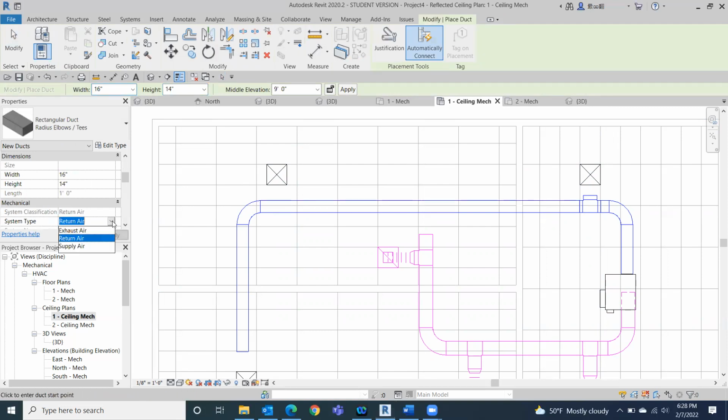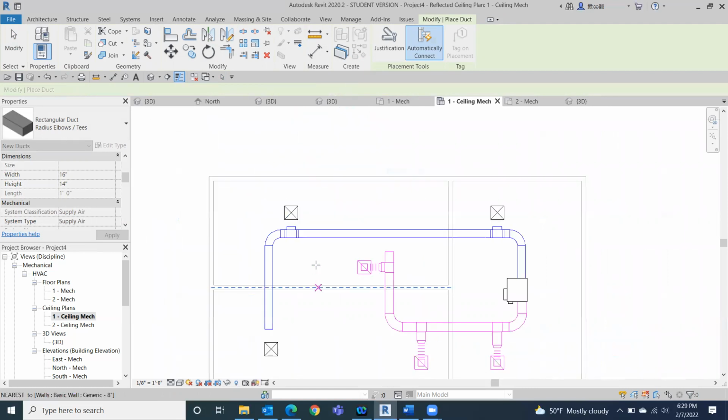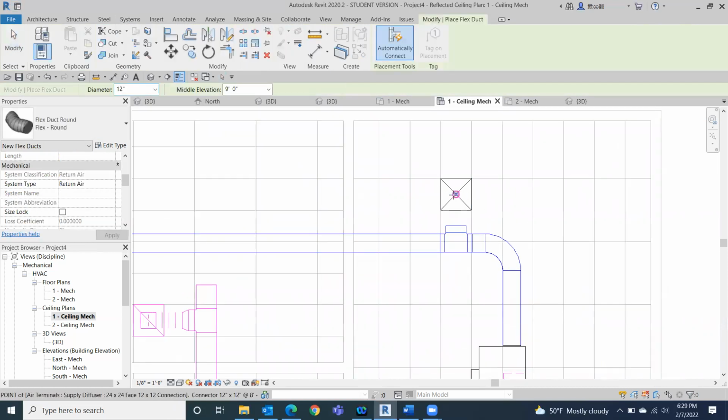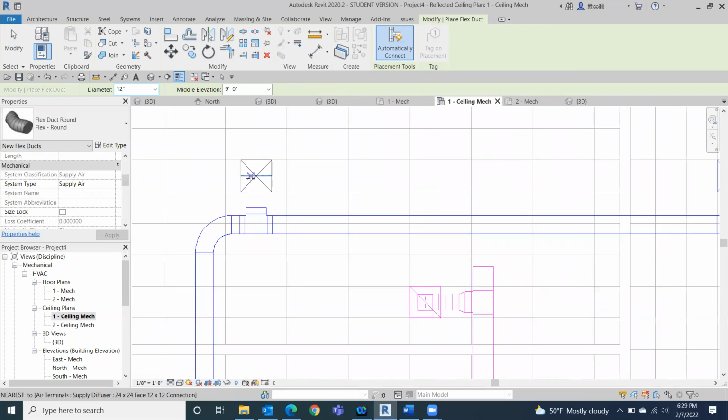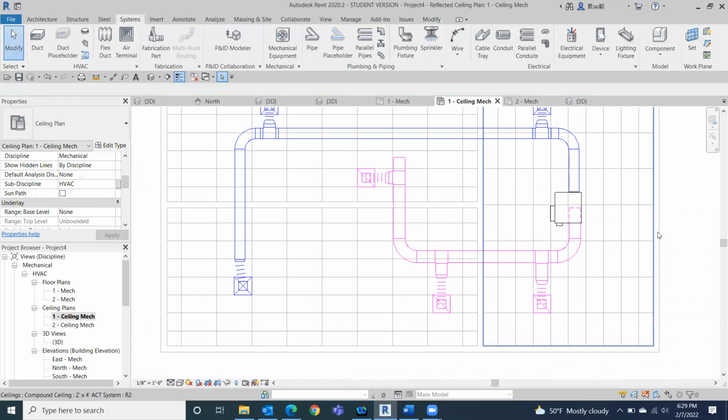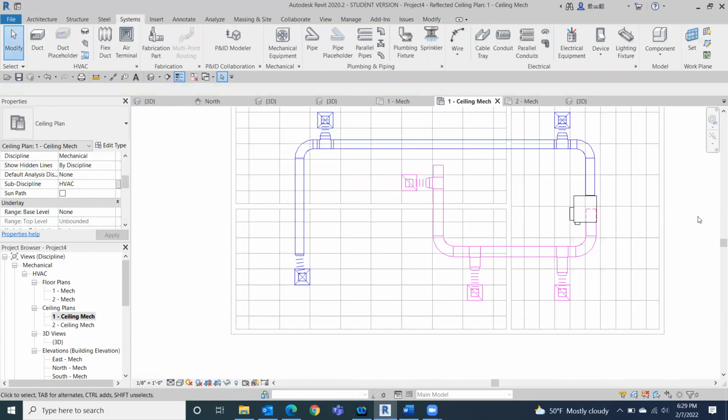It's return air, that should be supply air. And now I'll go ahead and connect that with our flex ducts. All right, so that is our completed